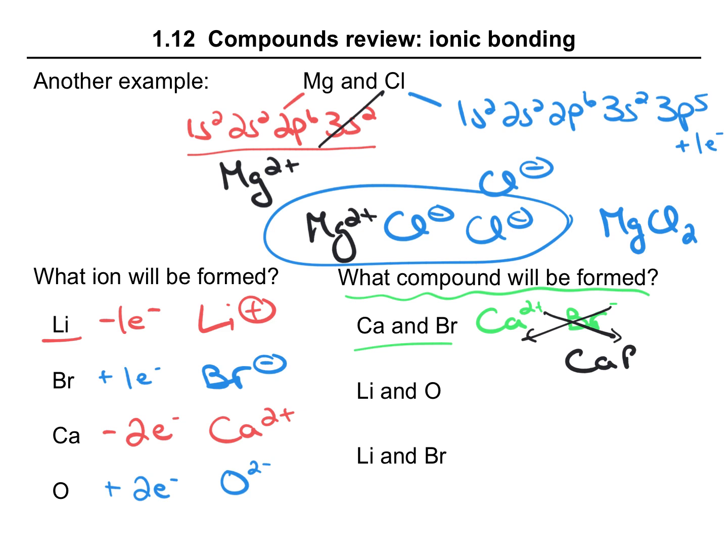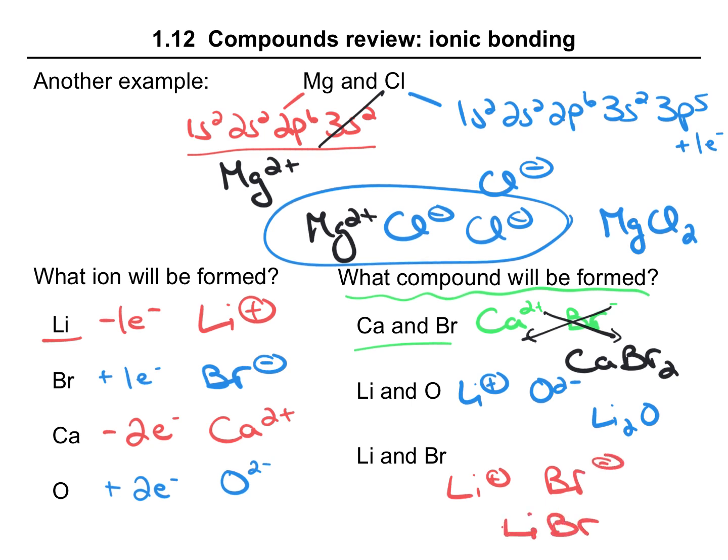So CaBr2 will give us a neutral ionic compound. Lithium forms a +1 cation, oxygen forms a -2 anion, so this will be Li2O. Again, lithium forms a +1, bromine forms a -1, so this will be lithium bromide. 1 lithium, 1 bromine. So the names of these compounds, magnesium chloride, calcium bromide, lithium oxide, lithium bromide, we're not